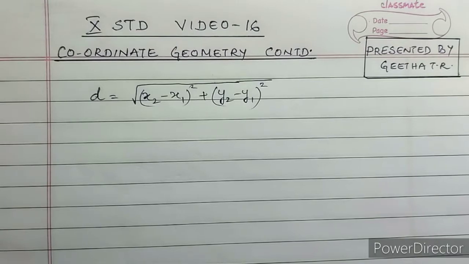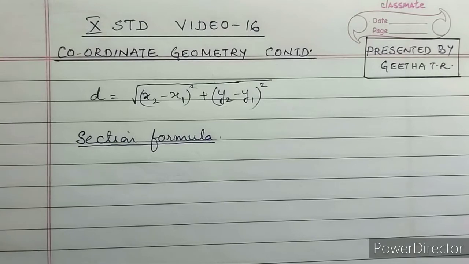Yes, till here we have learned and we have done the sums also related to this. But today we will start a new topic which is called section formula. In section formula, if a given point is dividing the line joining two points into two sections or parts, and if you know the ratio of the section, then we can find the coordinates of the point which is dividing the line. A bit complicated, right? I will explain it to you.